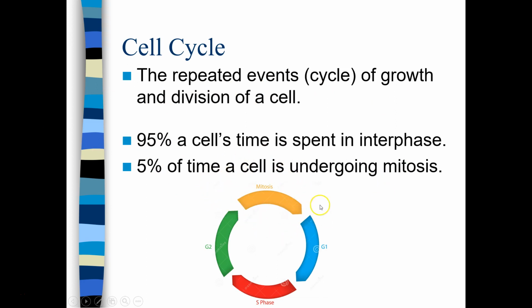We used to call this the resting phase of the cell because old-timey scientists were looking at it and like, I don't know, the cell's sleeping, and then sometimes it splits in half. Whereas we know a lot more now. Things get a lot more complicated the more we learn about them. We learn that there's loads of stuff that happens during the rest of the cell cycle, but we call this interphase, and we call the rest of cell division mitosis. We can break interphase up into G1, S, and G2. The G's stand for growth, and the S stands for synthesis. It's when DNA is replicated.